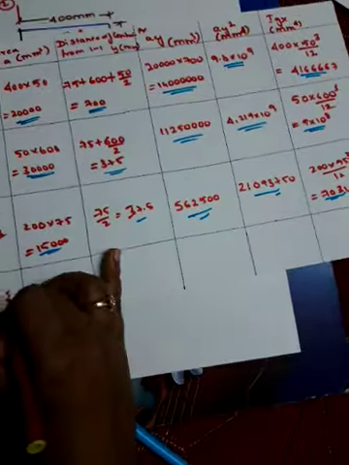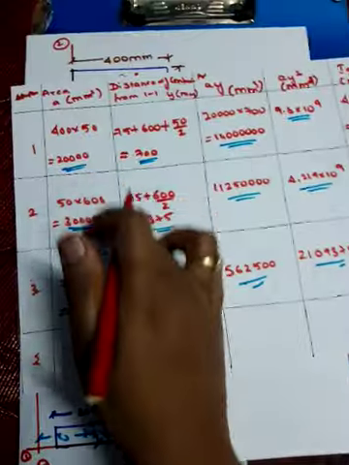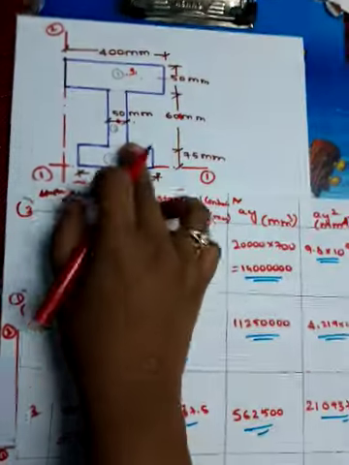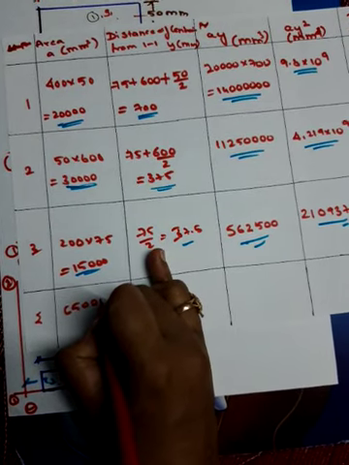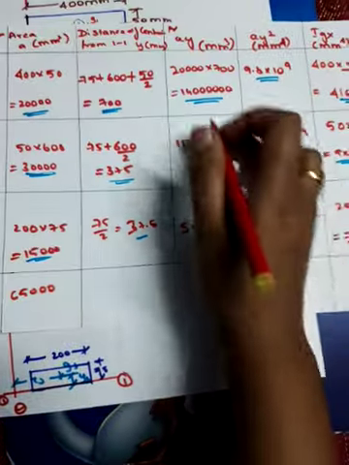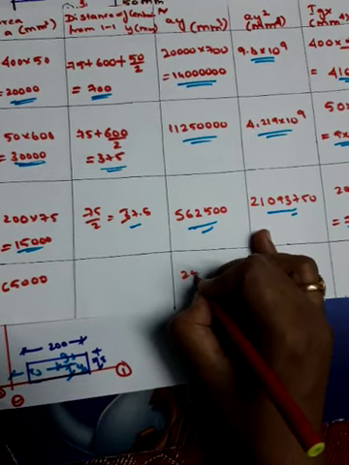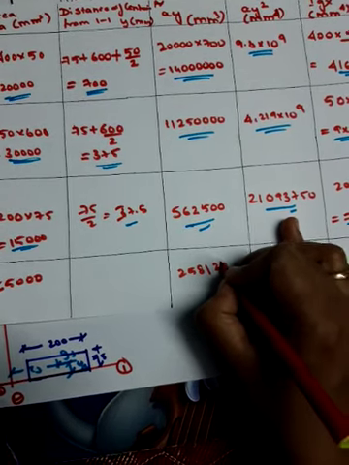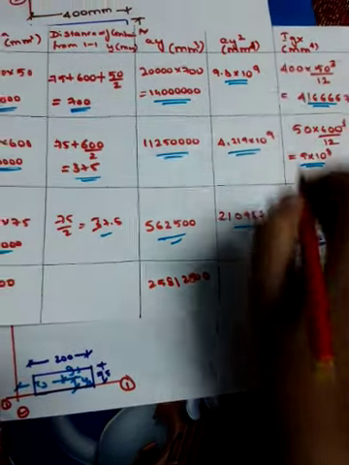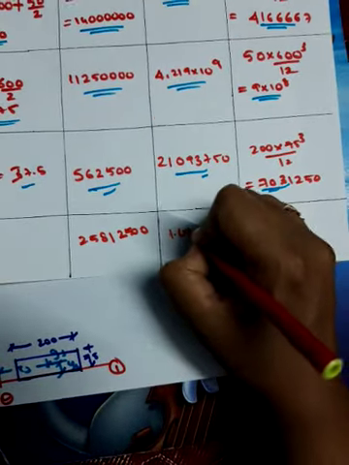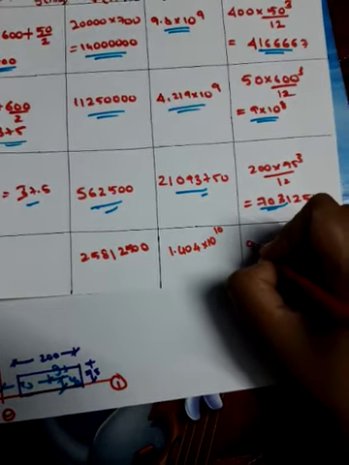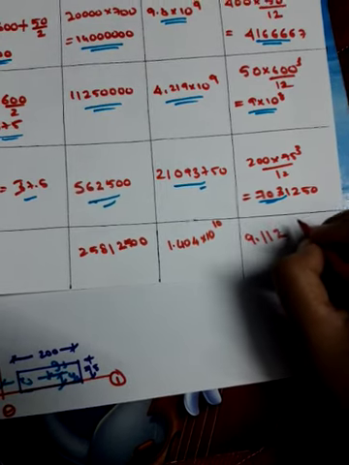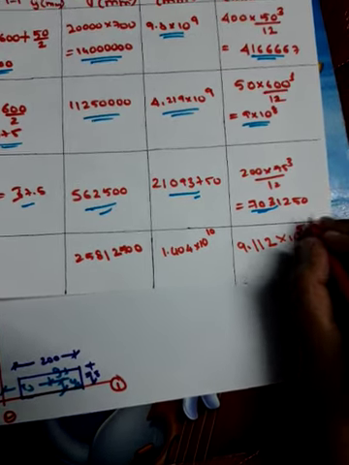Okay, so now we are going to calculate the summation. So summation of area, you just calculate, you have to add all the areas, because all the areas we are going to consider here. So it would be 65,000. Then this one you add, this column. Then these three values also you add. Then these three values also you should add. 9.112 into 10 to the power of 5. So this column values you just see.